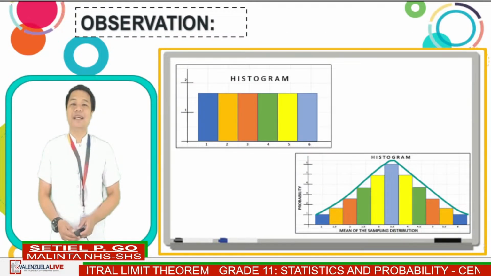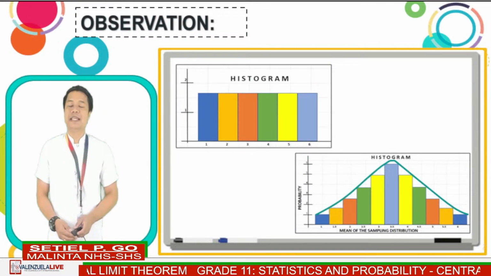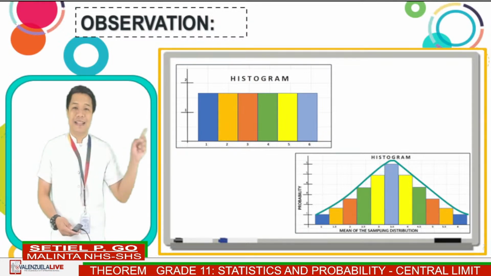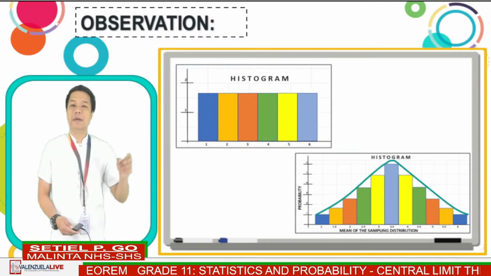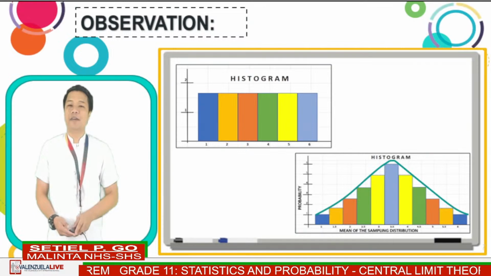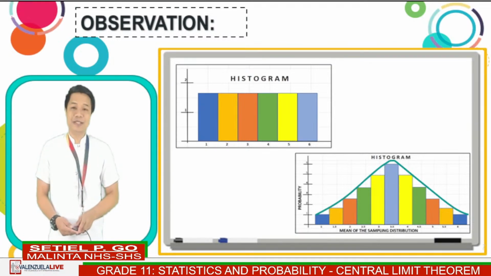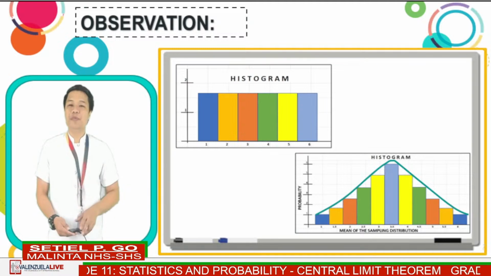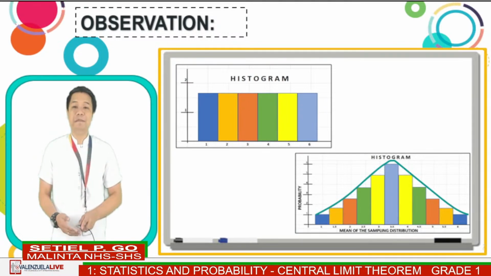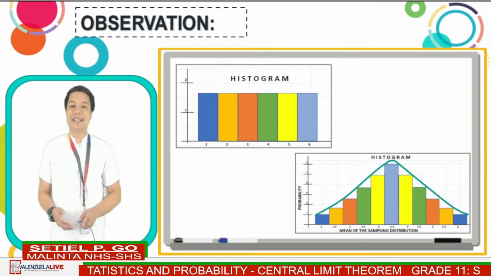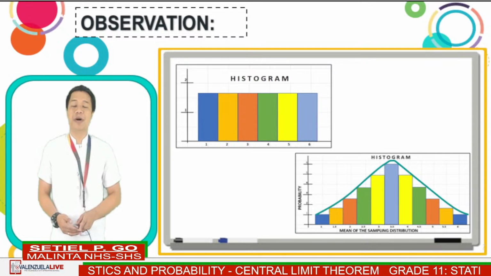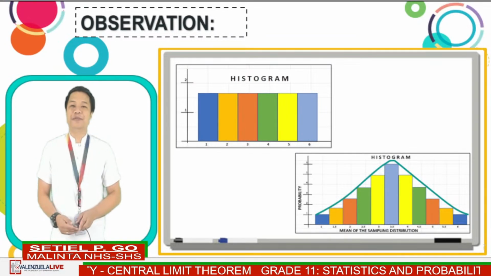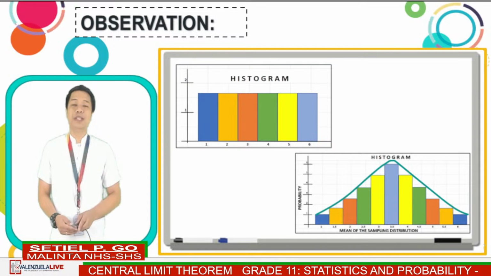Let us go back to the probability histogram. The probability histogram of the population looks like this. And the probability histogram of the sampling distribution with size 2 looks like this. As we observe, the histogram of the sampling distribution is more likely normal compared with the histogram of the population. Based on our observation, we form what we call